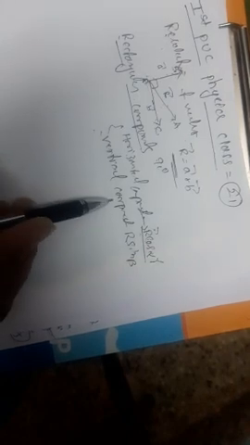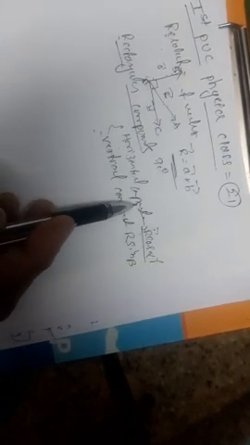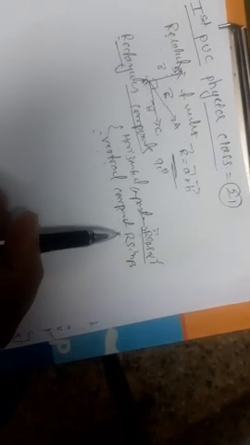For the rectangular components, there are two different components. One is the horizontal component, one more is the vertical component. The horizontal component is R cos alpha. The vertical component is R sin beta. R is the resolution of a vector and alpha and beta are the angles. This is the concept of rectangular components.